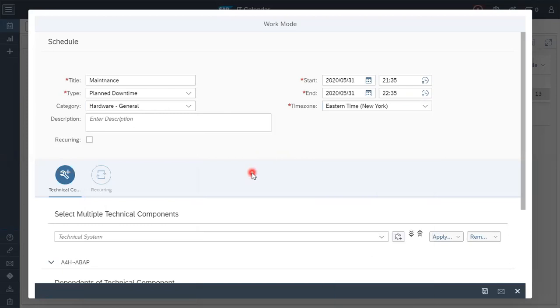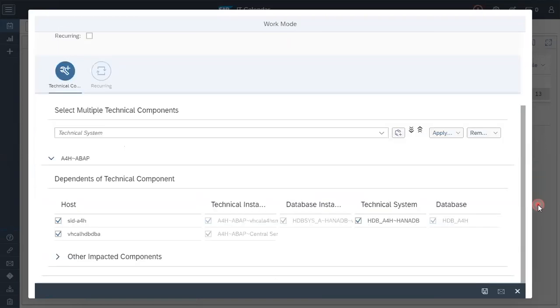If you are in India, you can use IST, but by default it will be CET. Once you select that, all related components will be visible here, which will be part of this maintenance window of the system. These are the components which are getting impacted, and after that you have to click on save. The work mode will be created.